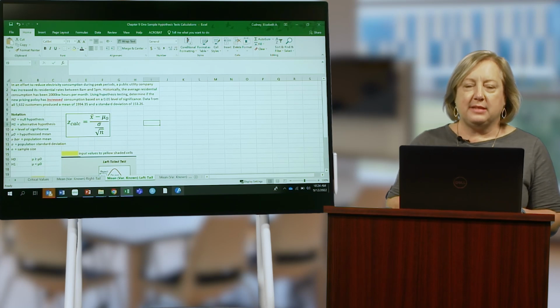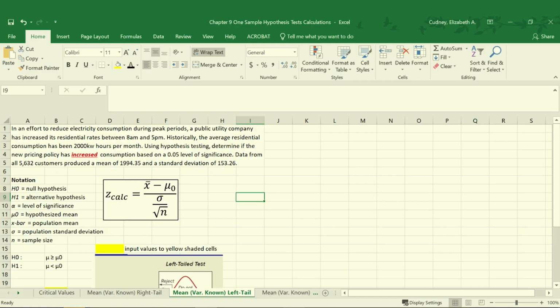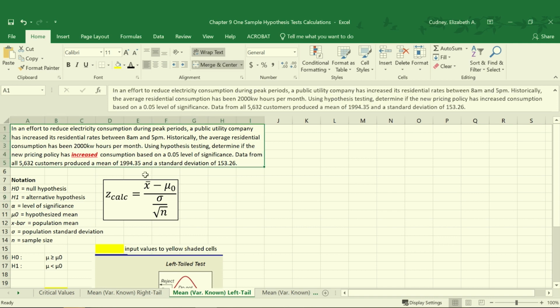In this video, let's take a look at a one sample hypothesis test for the mean when the variance is known for a left-tailed test. In this example, we're looking at data on energy consumption. So in an effort to reduce electricity consumption during peak periods, a public utility company has